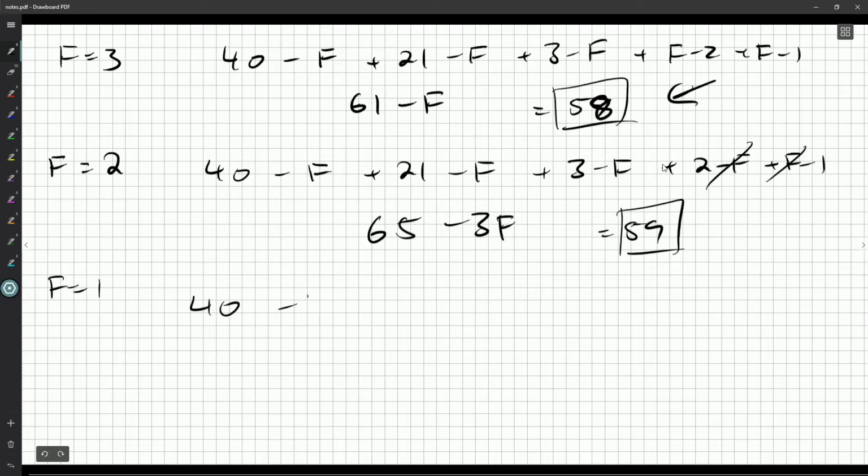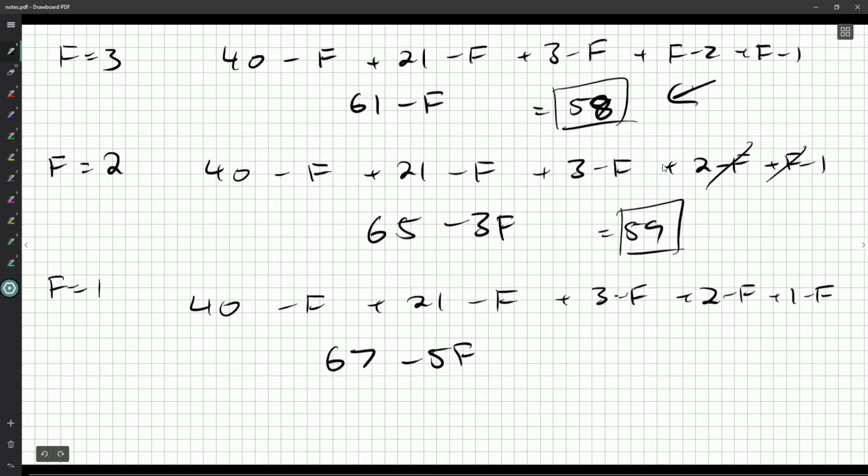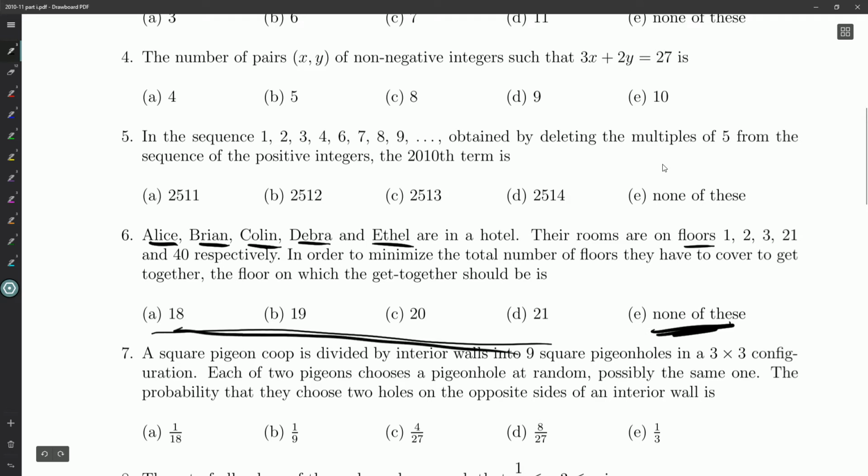And for the last one, all these absolute values flip around. And we're left with something minus 5f. 67 minus 5f. F is 1, so this is 62. So the smallest distance traveled is when they all meet on floor 3. So it really is an answer of E, that none of these answers are correct. I can see how you might think 21 because it sort of seems in the middle-ish, but